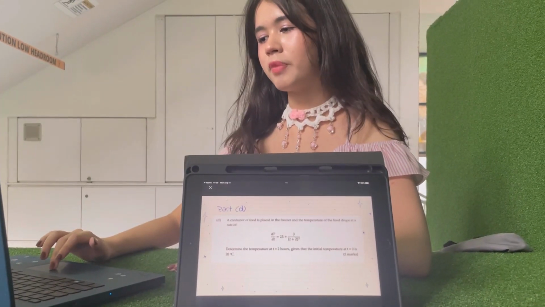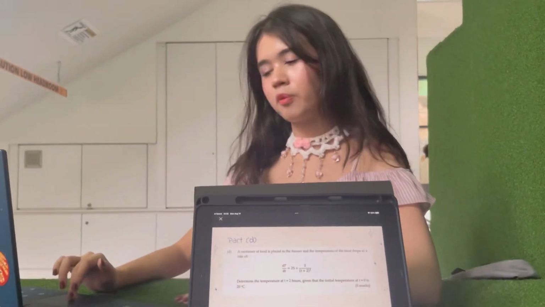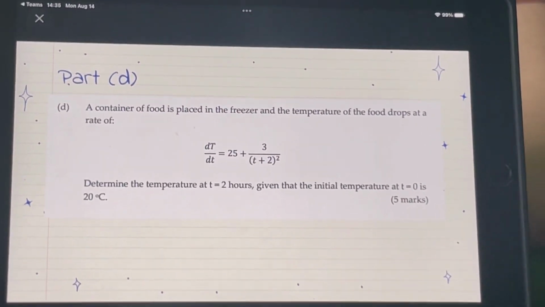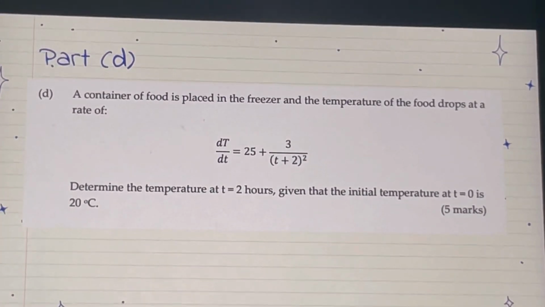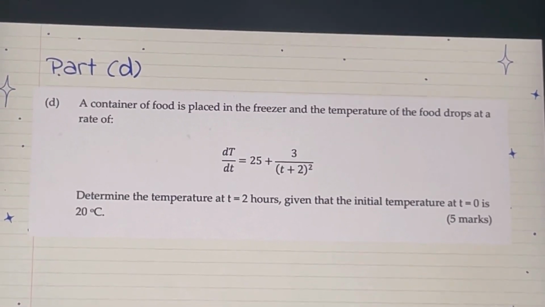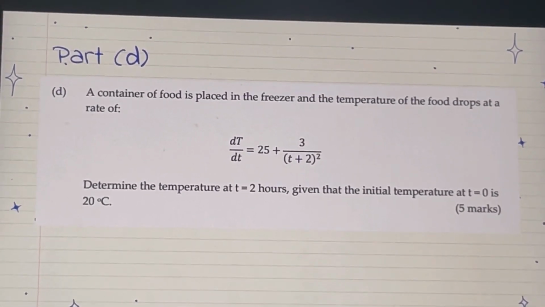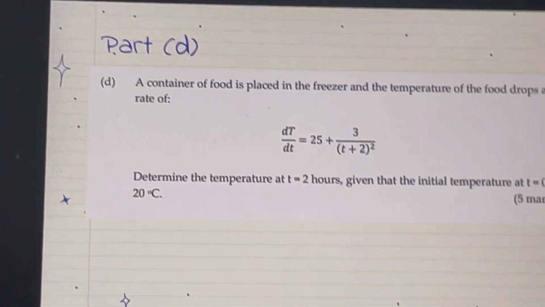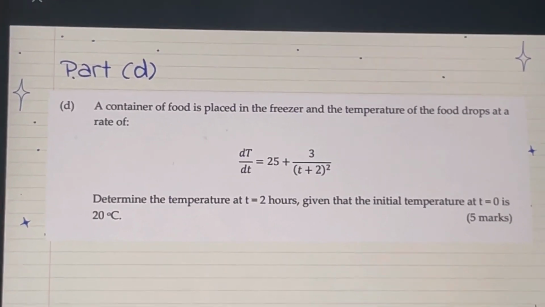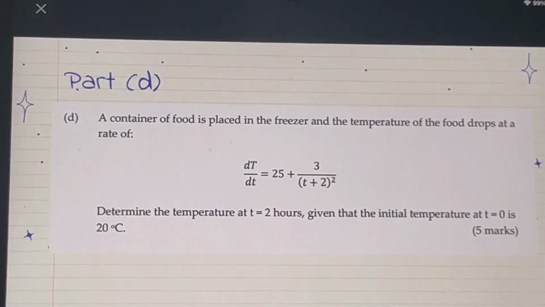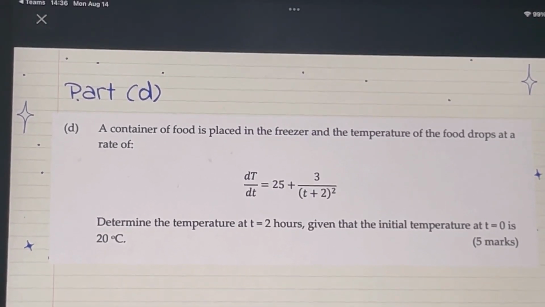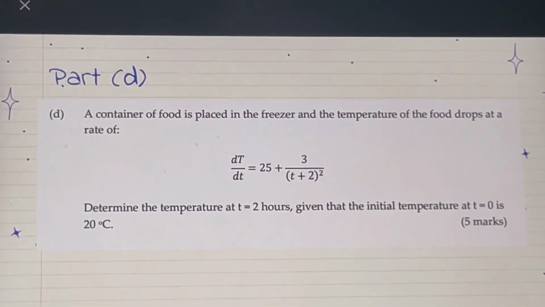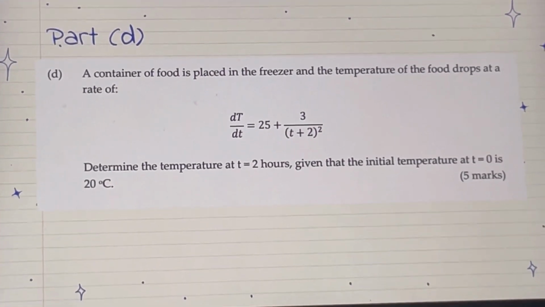Okay, so moving on to part B, we are given the formula for the rate of change of the temperature of food, which is dT/dt, where capital T represents temperature, equals 25 plus 3 over (t plus 2) squared. We are asked to find the temperature at t equals 2 hours, and they gave us the initial temperature at t equals 0, which is 20 degrees. So to solve this question,